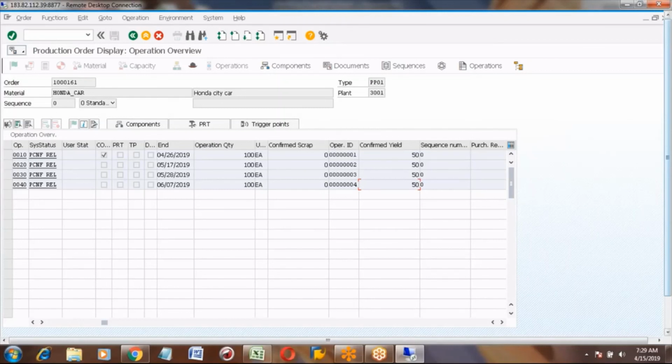I go fast, one record after the other: MRP1, MRP2, MRP3, MRP4. Then I will do routing, BOM and routing, work center, and production order. This is what I will do.